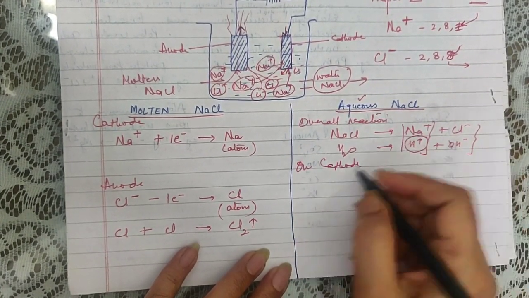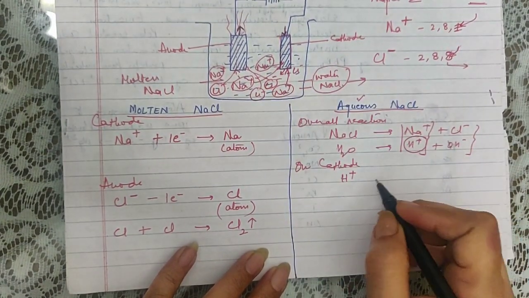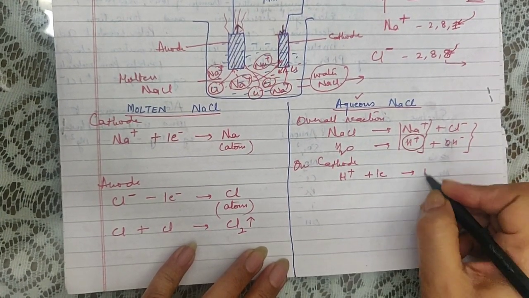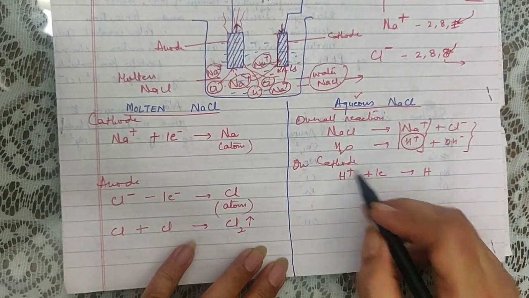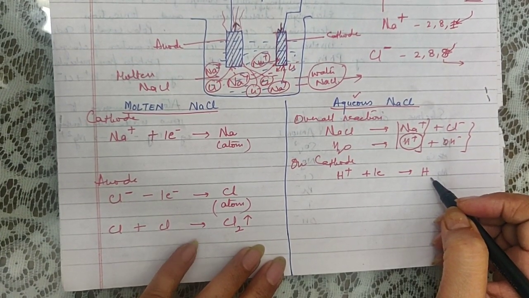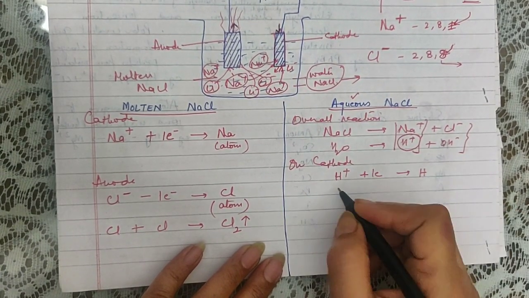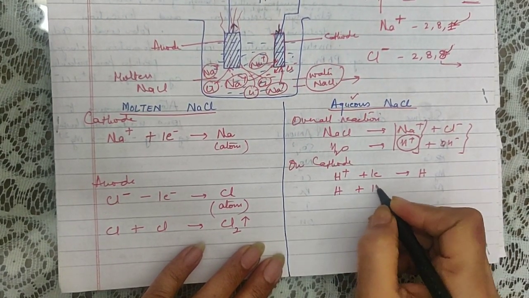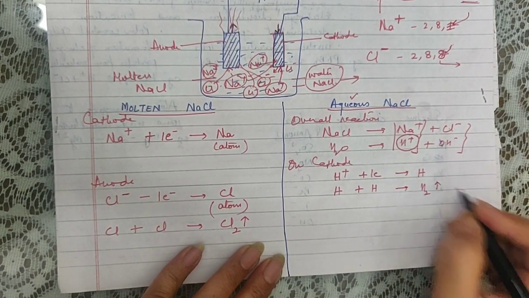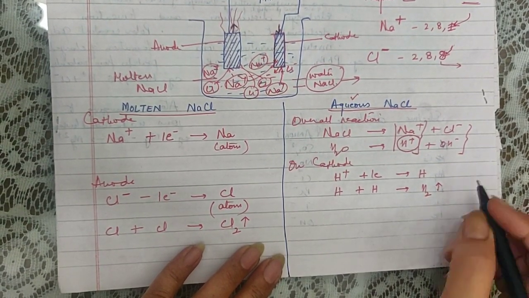Out of the 2, hydrogen ion will be first of all migrating towards the cathode. It will accept one electron and form a hydrogen atom. Hydrogen formed a positive charge, fine, but otherwise hydrogen is a non-metal, so a single atom is unstable. So 2 such hydrogen atoms will combine and they will form a molecule of hydrogen, which is a stable form of hydrogen, and because it happens to be a gas, it will be volatilized.